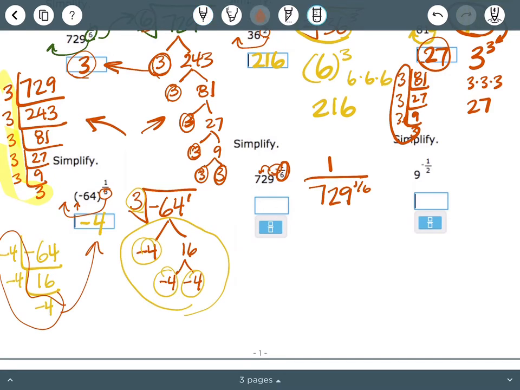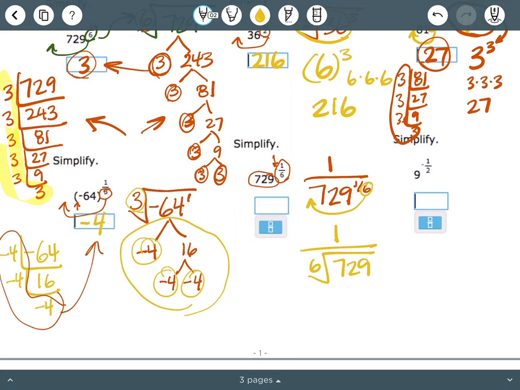So let's review that really fast. This negative right here, that baby negative, means that we put it on the bottom of a fraction. We don't change anything else about it, so we still have 729 and the 1/6 power. I want to deal with the 1/6 power, so I'm going to take this 6 and pop it out in front. That means that I have 1 over the